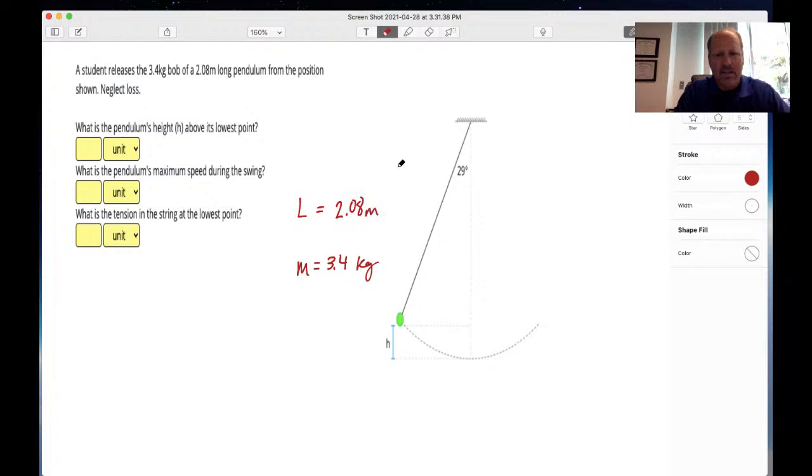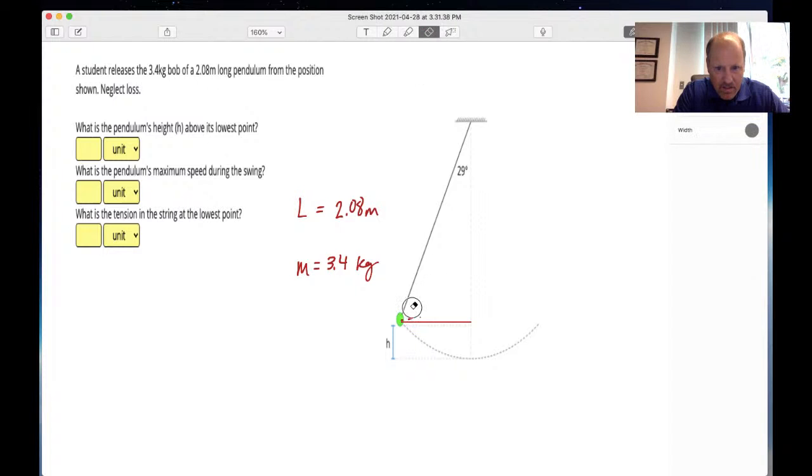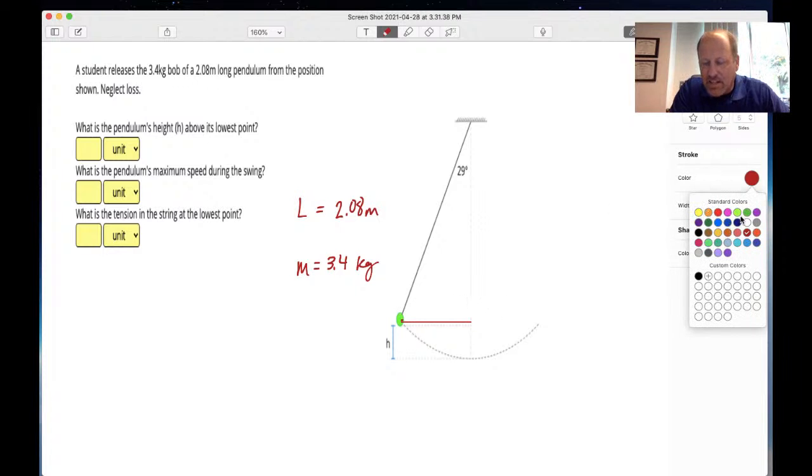Now, what's interesting about that is we have a dotted line here. Well, actually, let's just draw a straight line from here to here, where this is the height position of this H. Now, another thing to look at here, if you look carefully, is this length from here to here